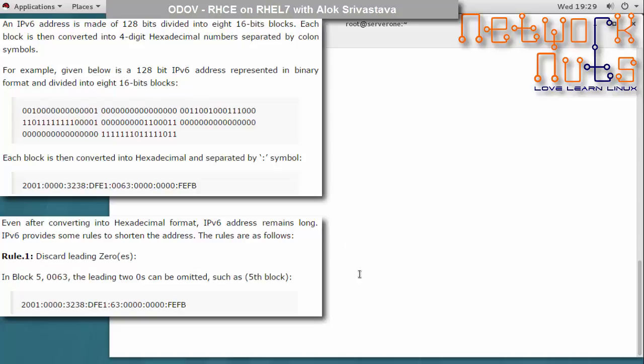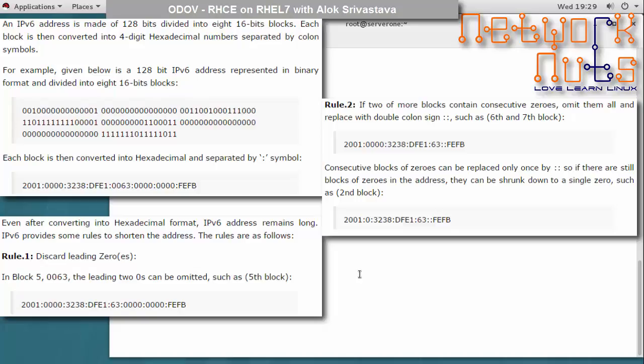Rule number 2, if 2 or more blocks contain consecutive zeros, omit them all and replace them with the double colon symbol, like blocks number 6 and 7. They have got all zeros. So we can replace all zeros with a double colon. That makes my IPv6 address a much smaller one, that is 2001: